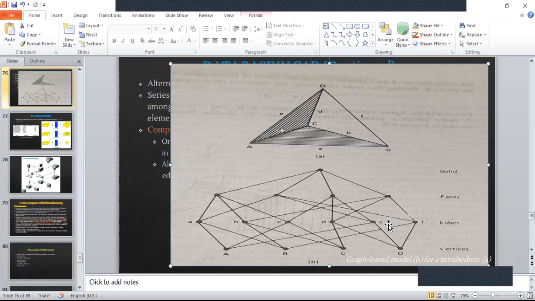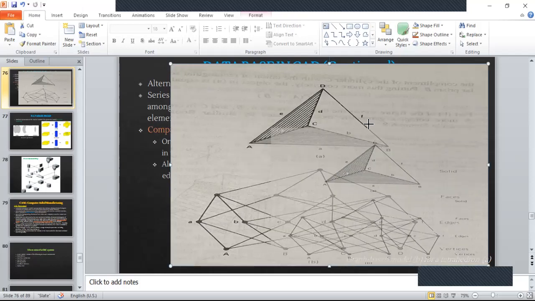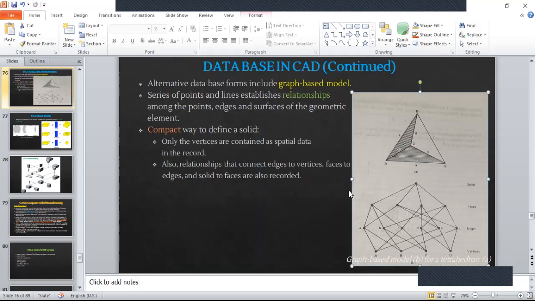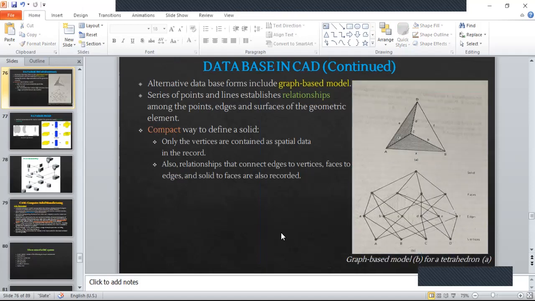So that's how data is stored. This is what we want to emphasize, how data is stored. This is one way of doing it. Graph-based modeling is what we call it. Graph-based model is what you're seeing. That's what we saw. This is done.